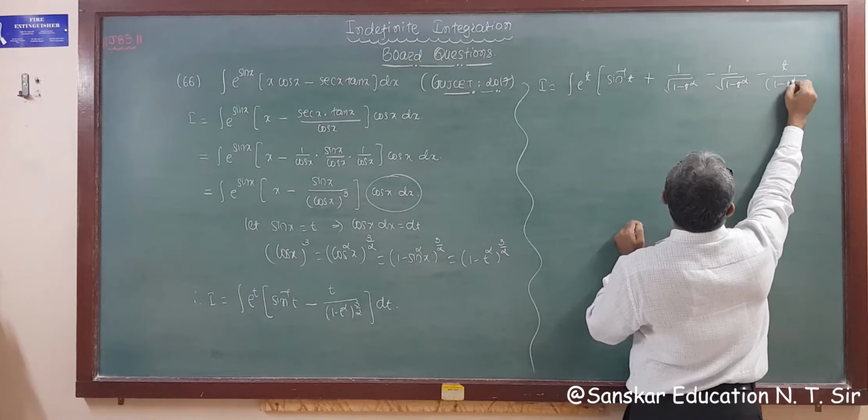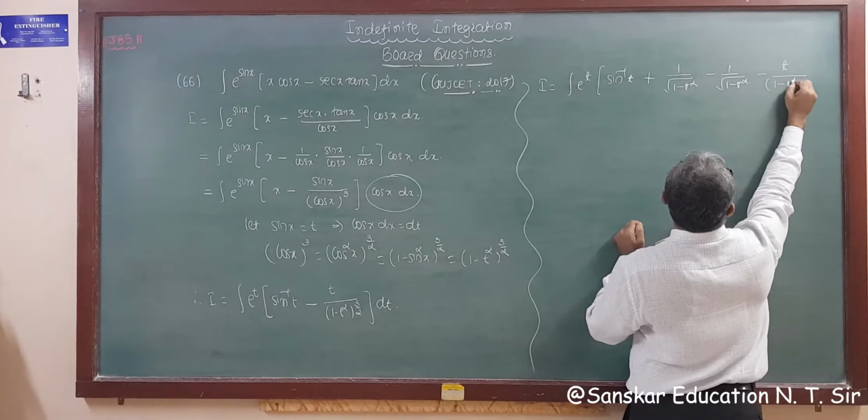Minus minus becomes plus. So g dash t will be plus t upon 1 minus t square raised to power 1 and here is half. 1 plus half is 3 by 2. So this is 3 by 2. That means if we take this as g t, then this is the derivative g dash t. So what to do? These two are f x, that is g t, and this is your g dash t.